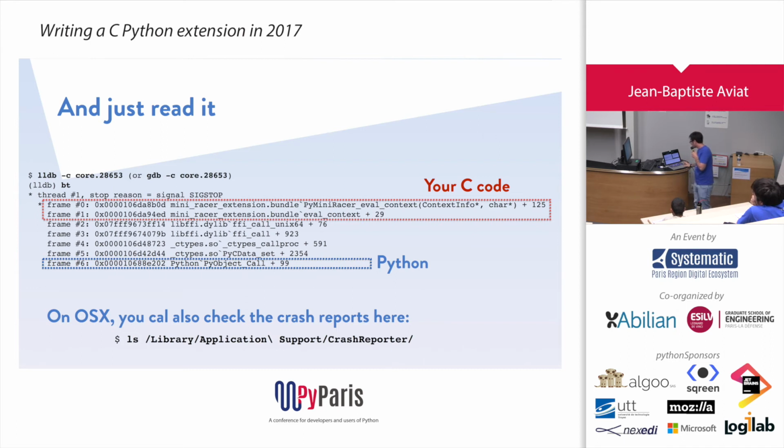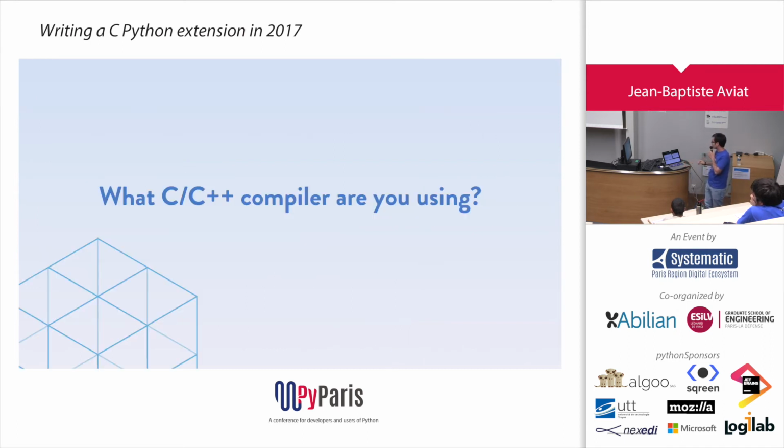If you are on OS X, you have a quick shortcut here. You can take a look in the crash reporter directories that record all the information about the programs that crashed on your machine. So you can get some surprises seeing what crashed, and you can get some basic information without having to do the ulimit stuff. Anyway, the ulimit stuff will help you dig further in a way better way than this.